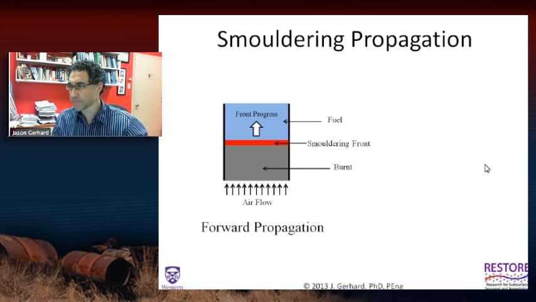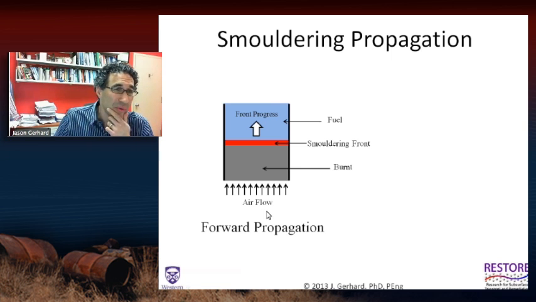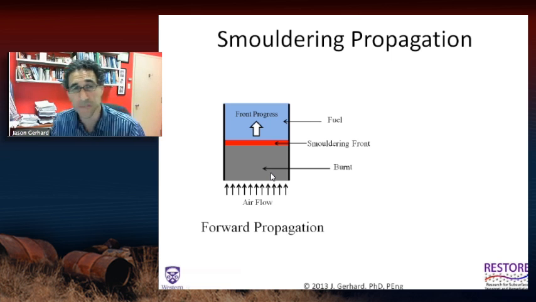So here's a little bit of what a smoldering reaction looks like. You have a porous material here. You have some air traveling into that porous material. This is what's called forward smoldering, because the air is traveling in the same direction as the front is traveling. The blue here is the unburnt fuel. The gray is the burnt fuel, and we have a reaction zone, usually quite a thin reaction zone, traveling up